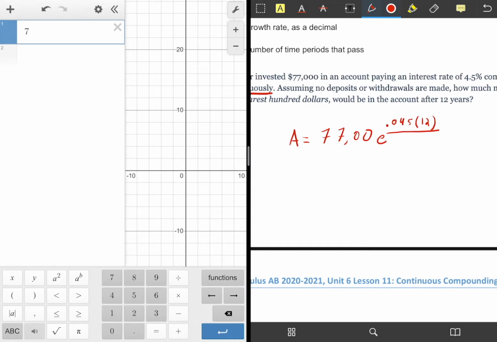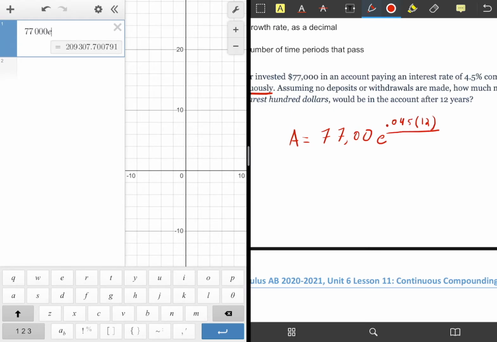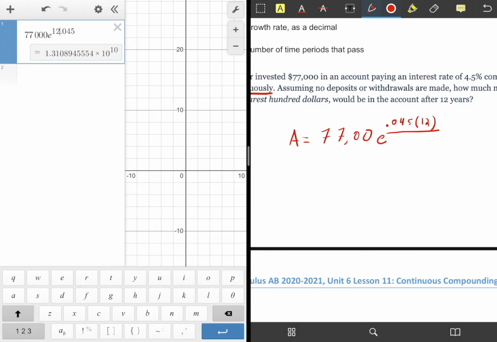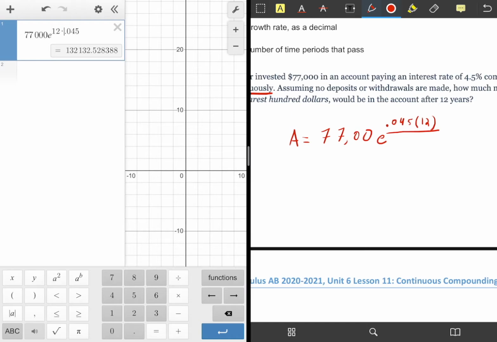You would do 77,123, the letter e. You can just literally use the letter e. Desmos is smart enough to do that. To the power of, but not the number 2. What we want here is 0.045 times 12. That can be a little tricky, so sometimes I just put it here. And that amount, we'll call this A of 12 after 12 years, would be equal to